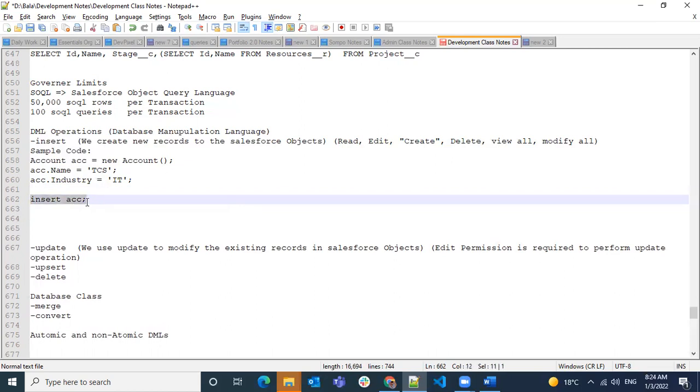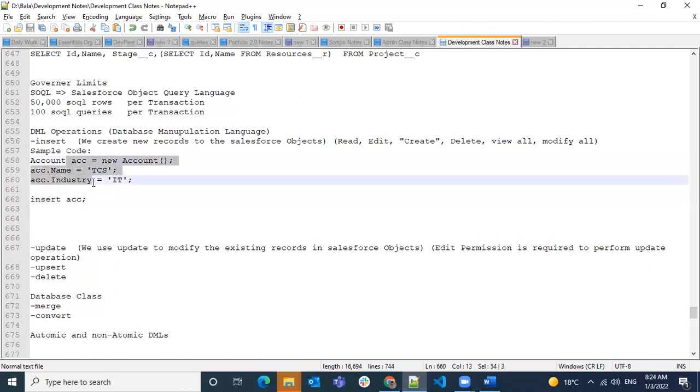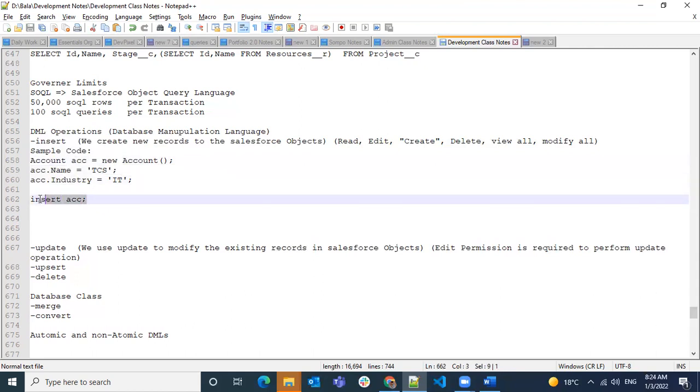Once I run this, it will create a new record in the Account object if all validation rules are met and it does not have any errors. If there are required fields and you are not providing values for them, this line will fail saying the required fields are missing.